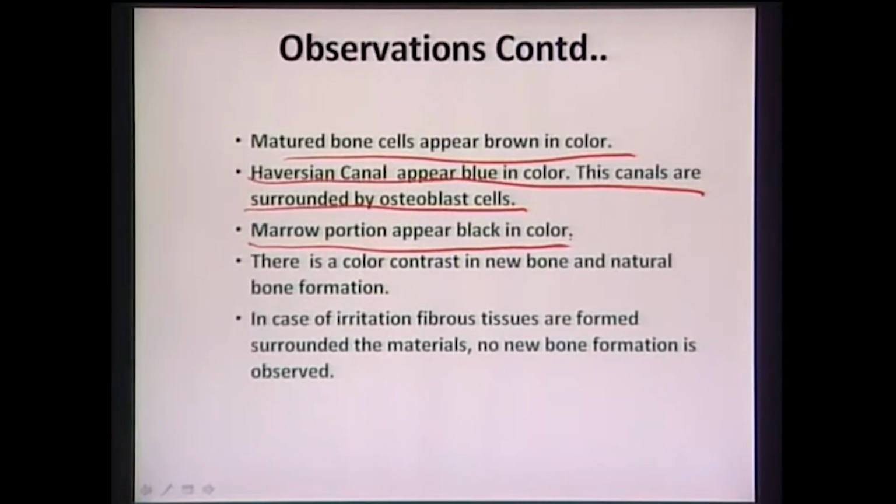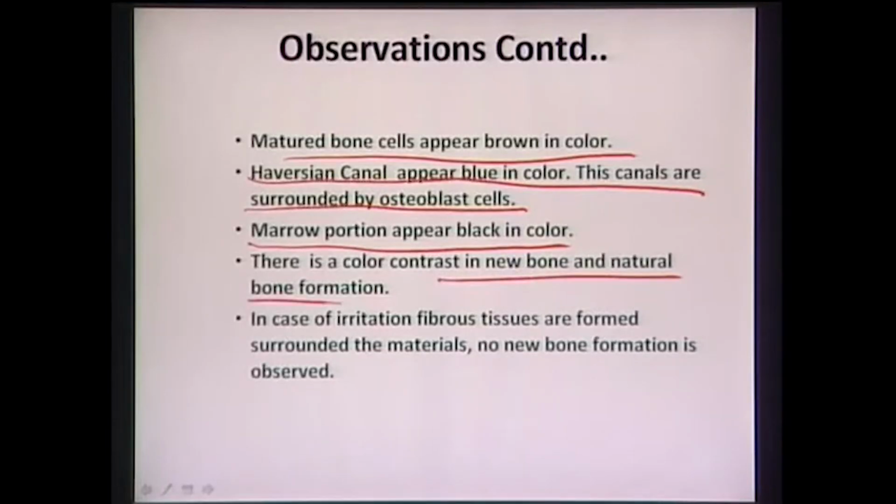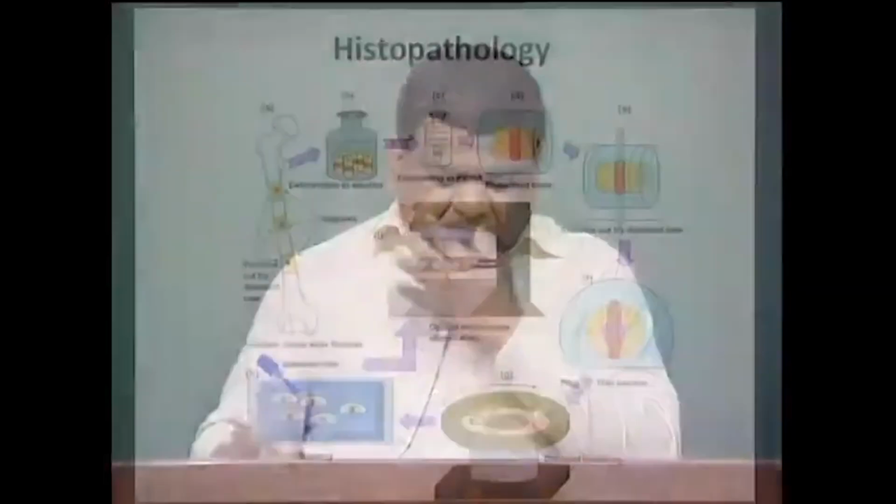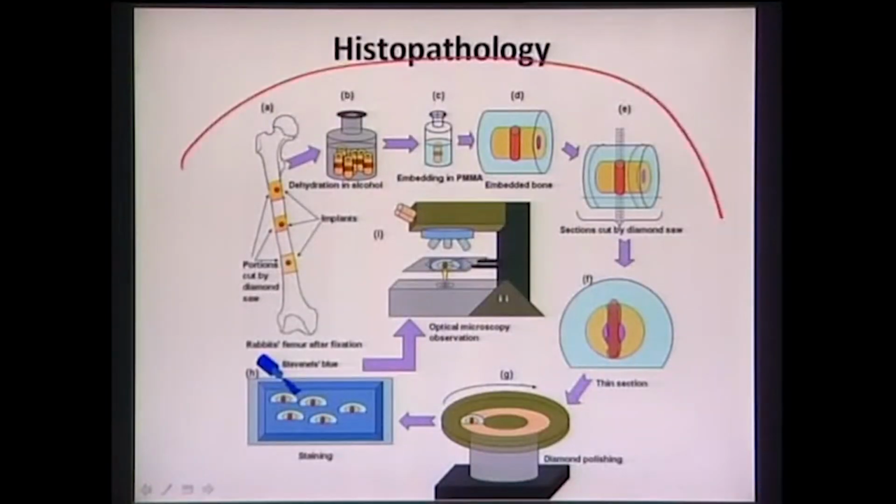Now all this color sequence you have to know, how they will appear in the fluorescent microscope, then only you will be able to identify the different images. And there is a color contrast in the new bone and natural bone formation also. That is important, because that is how you can see whether it's new bone or natural bone. Natural bone means bone that existed before implantation, and new bone means bone formation that has taken place after you put the implant at the particular animal site. Now this is the entire histopathological protocol one has to follow to study this kind of in vivo